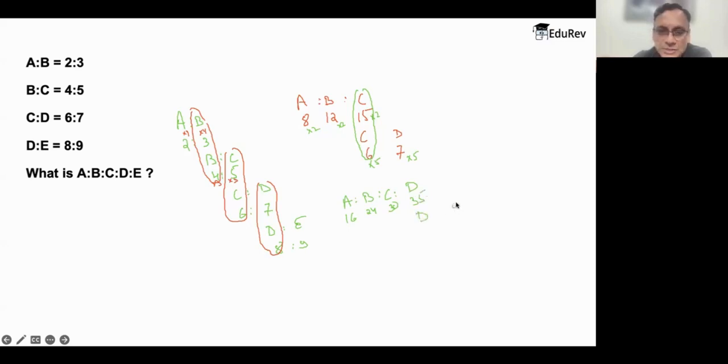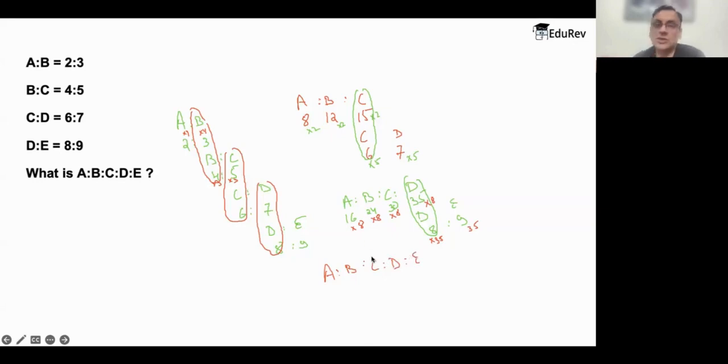And below D is to E is 8:9. Now this has to be combined. 35 and 8, there's nothing common between 35 and 8. So the LCM of 35 and 8 is 35 into 8. So the first value, all of them, will need to be multiplied by 8, and below, I'll need to multiply it with 35. Okay, so then I can write my A is to B is to C is to D is to E,